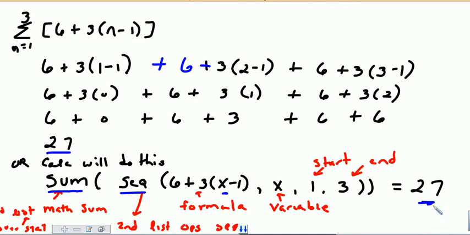All right, very quick summary of sequence and series and how to use sigma notation. Remember, your sequence and series formulas are found on your end of course assessment formula sheet. Don't forget to use them.